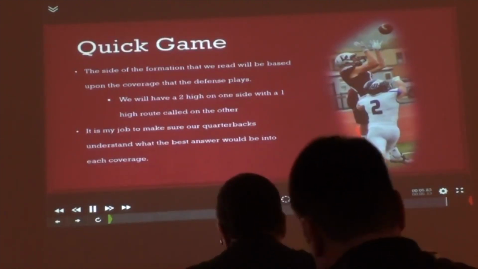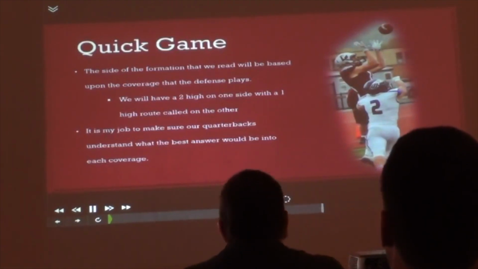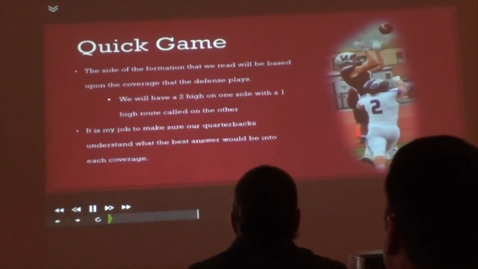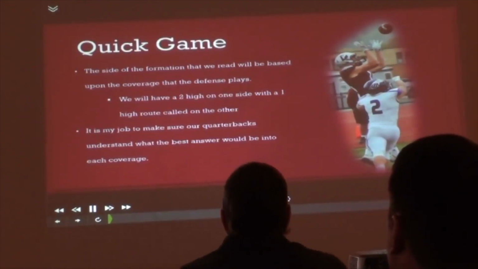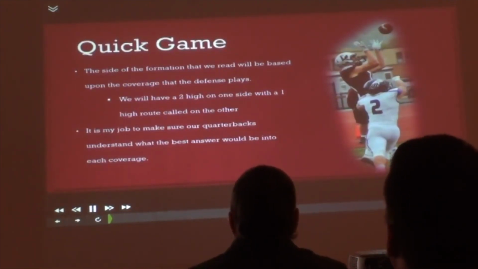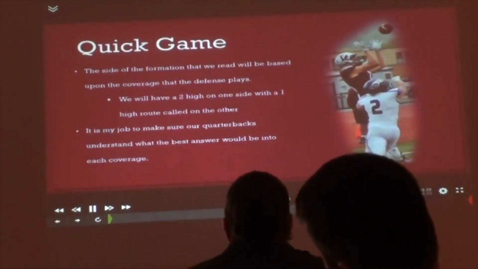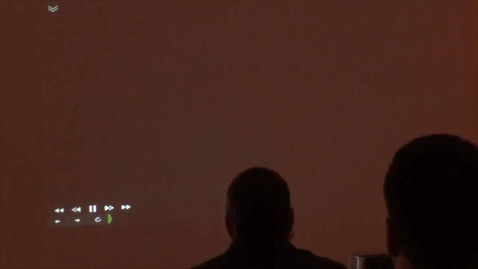The thing that we do with our quick game is that we're going to break the field down the middle. And it's going to be concept based. So we're going to have a one high side and a two high side, okay? And the quarterback is going to know based on the coverage. And like I said, it's my job to make sure that the quarterbacks know throughout the week of game plan and everything like that of where he needs to go based on the coverage. And you'll see